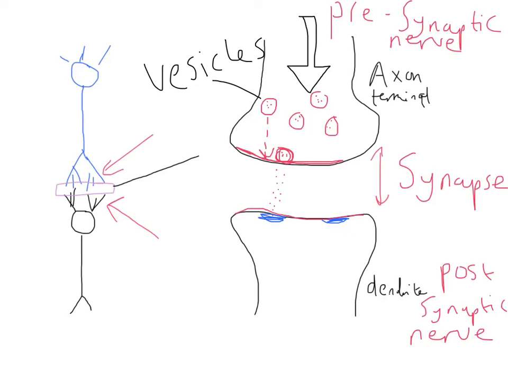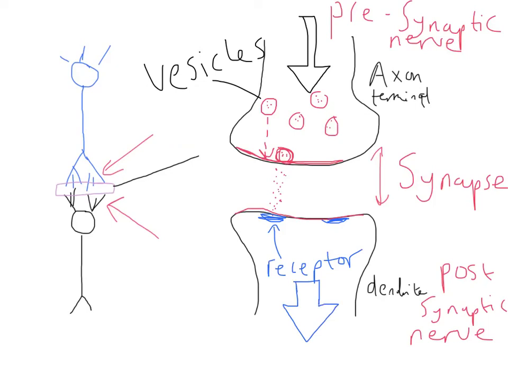So when this neurotransmitter diffuses across the gap and comes into contact with this postsynaptic membrane, the membrane of another nerve, it can trigger a receptor, so it can bind to this blue part here. This blue part that I've labelled is a receptor on this membrane. And if this neurotransmitter chemical binds to that receptor on the postsynaptic nerve, then that triggers a second impulse, another impulse in this nerve, in the postsynaptic nerve, and that impulse can then travel down